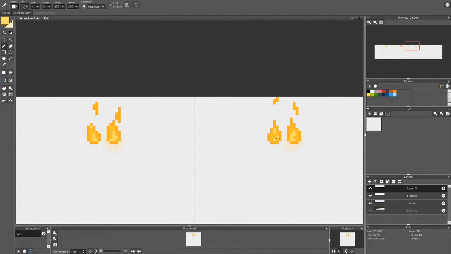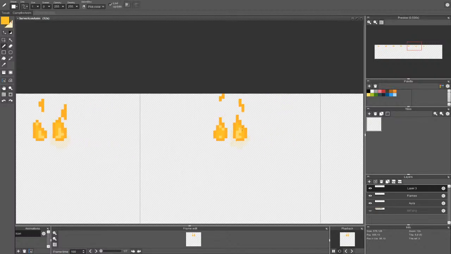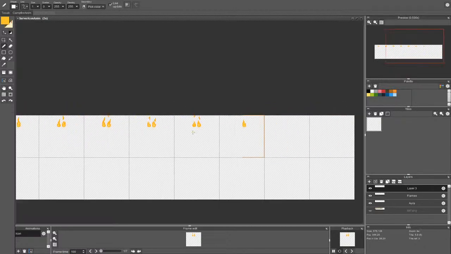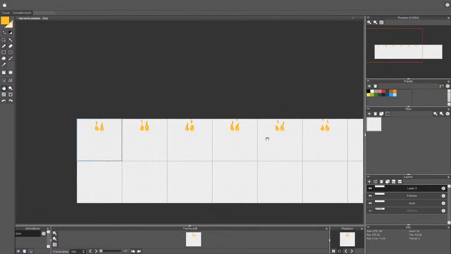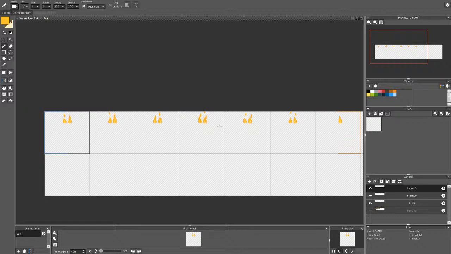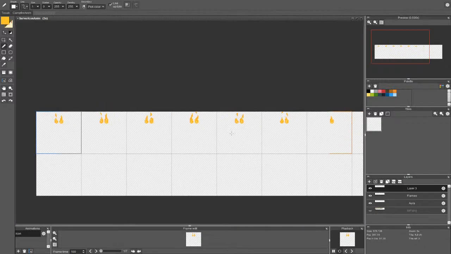Just 1 pixel. And now we have to make sure. Now, you see, there is the challenging part, because the next frame really needs to be ready for this frame as well. Otherwise, yeah, that's a good idea. Let me quickly copy paste this so we have the full animation.